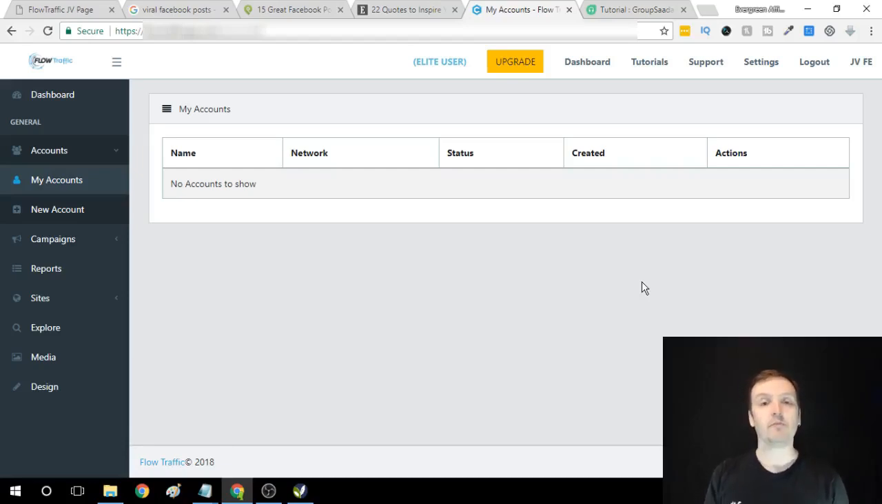And I want to point out that you can use Facebook pages, Facebook timeline for your own personal timeline, and of course Facebook groups. But in this demo, I'm going to be focusing on Instagram. Facebook and Instagram are the two platforms that you can get access to even at the entry level of FlowTraffic. And in order to use FlowTraffic properly, you're really going to want to take two